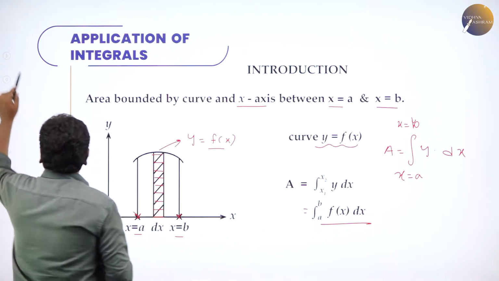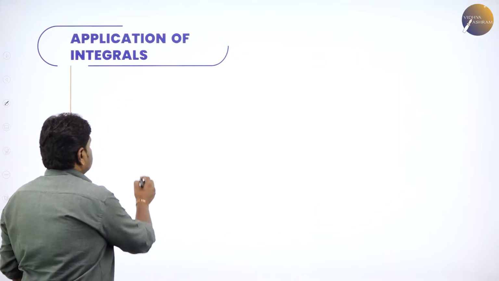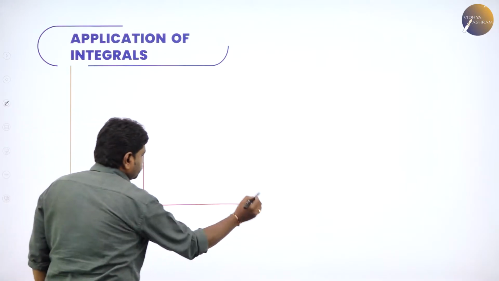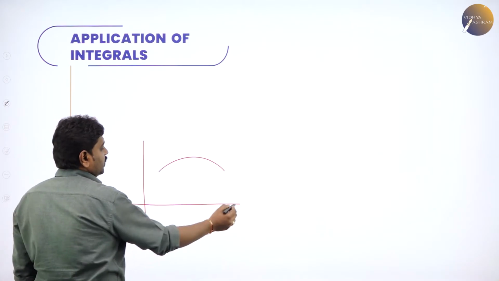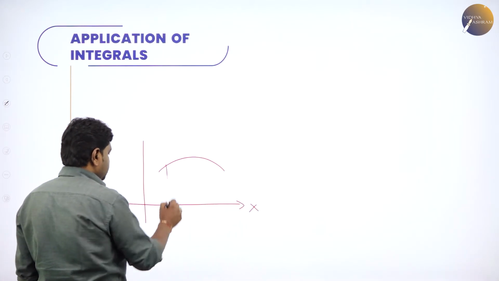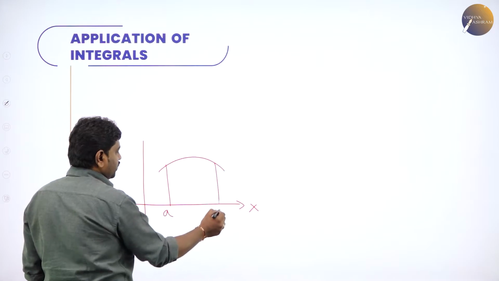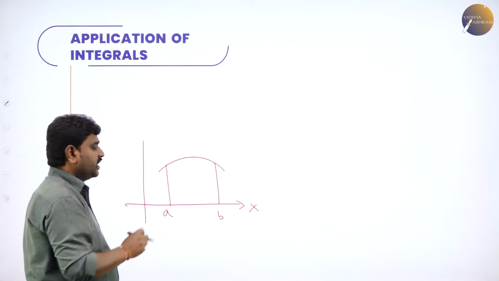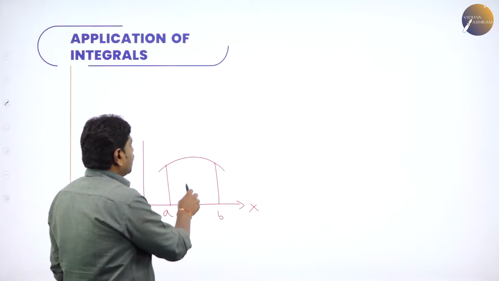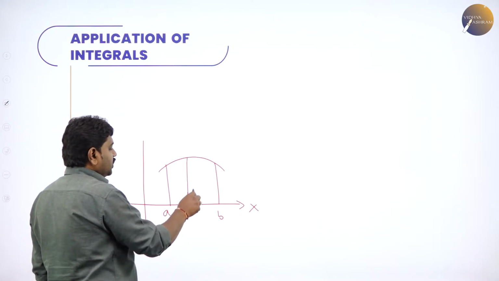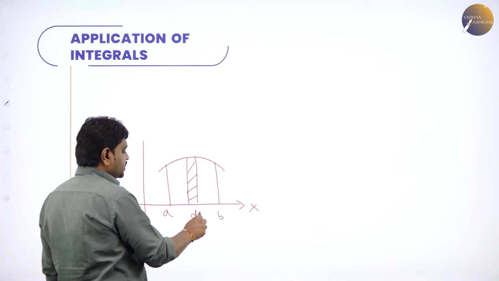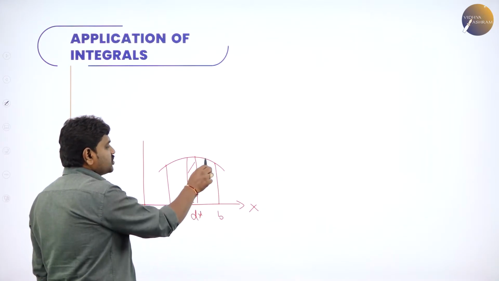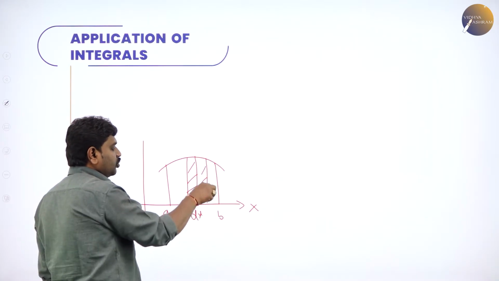So, similarly, suppose I have any curve. So this is the curve, under the curve and this is the x-axis, between two lines, say x value a and x value b. If you want to find area, you can find area. How to find area? Take a small strip, and the width of the strip is dx. This is the small strip. So many small strips you can draw. One more dx like that.